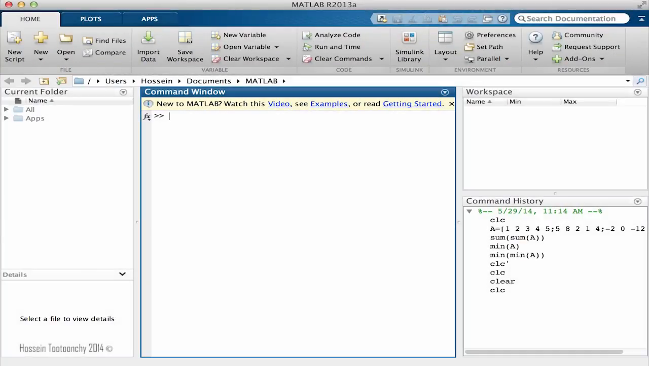I'm Hossein Tutunchi and today we're going to learn how to find the minimum, maximum, and number of elements inside a matrix. If you remember, in the vectors chapter, we learned that if we have